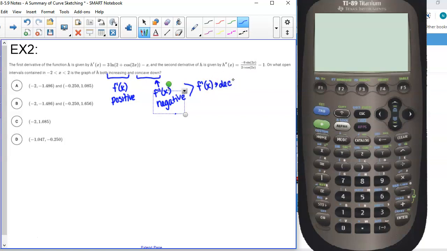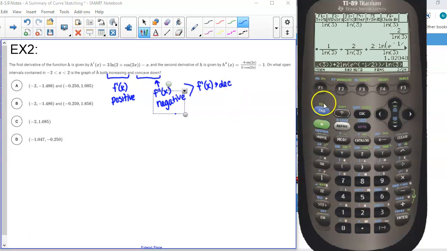So if we could find where the first derivative is positive and decreasing, those are the places where the function is increasing and concave down. You can, because they give you the first and second derivative here, you can look at them separately and then put that information together. But if you look only at the first derivative, it's going to save you a little bit of time here. So if you graph this,